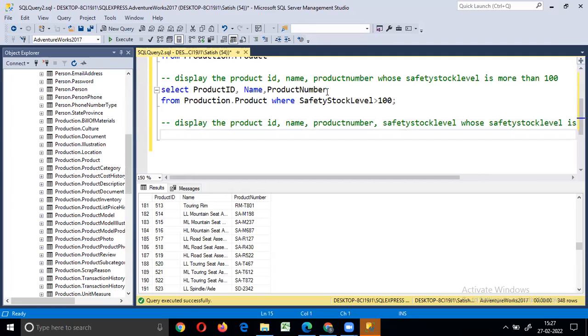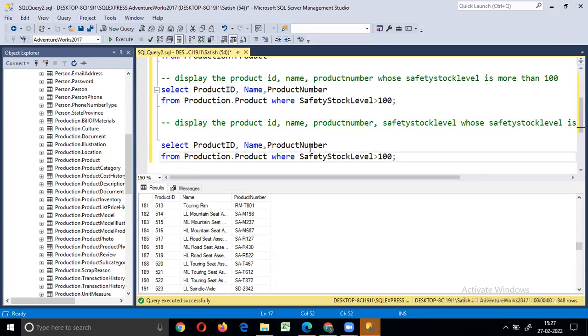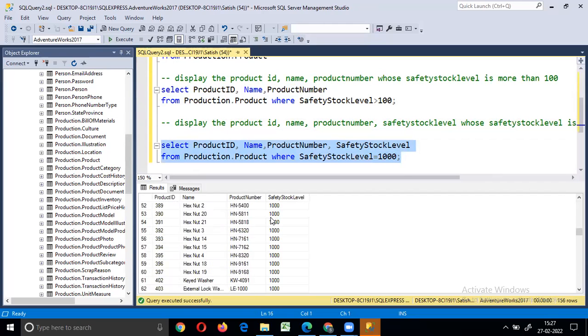Only if it has 1000, it is going to be displayed. Where we have 1000, those things we have to display. We are going to get all the details of product ID, name, product number, whose safety stock level is this one.